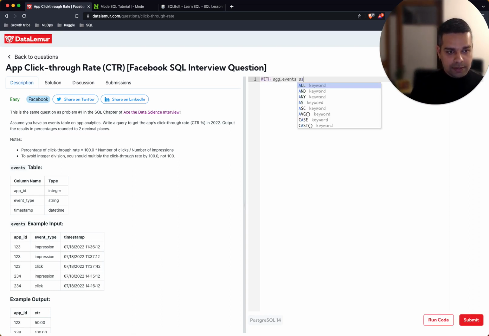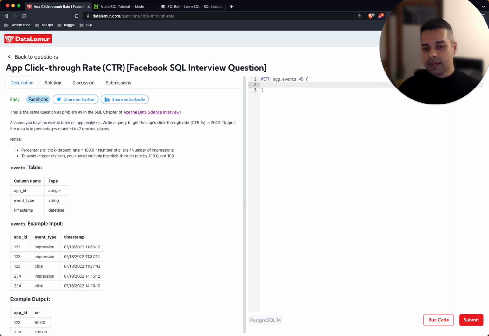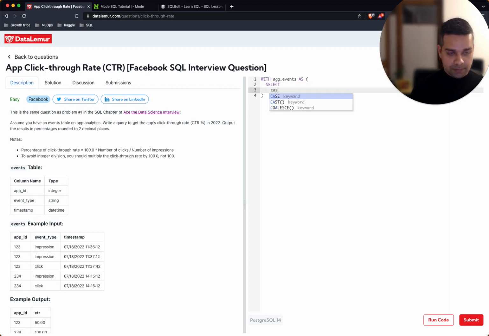So WITH aggregate_events AS, and the way I'm thinking of handling it is case by case. So first we'll be looking at the case where the event type is impression. And then second, we'll be looking at the event type click. So we start with a SELECT statement. We start with the CASE